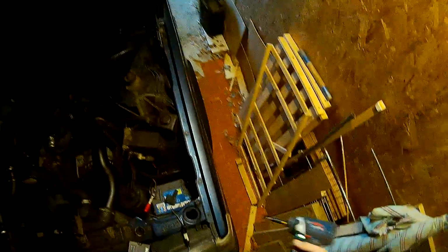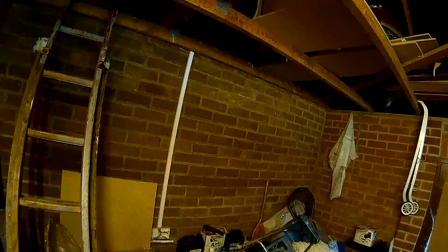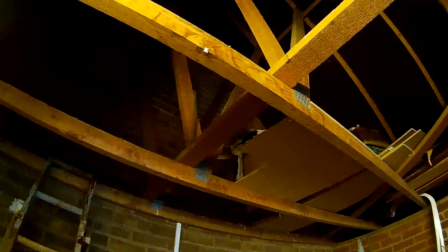So right, what have I got to do next? I'll clip that cable in, I think, and then I'll put the box up. I'll probably just try and set the camera up in the loft, and rather than me waffle on, you can watch me install the cable and install the